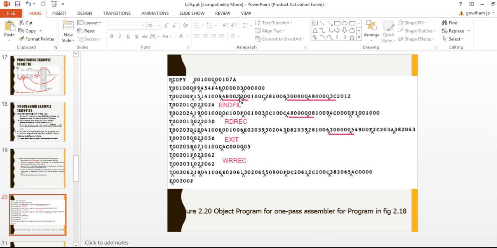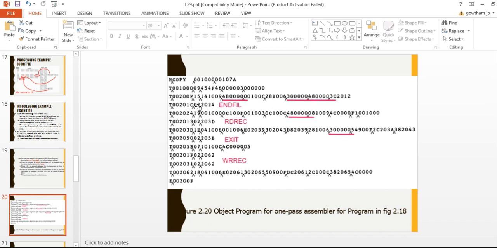So the operand field will be 0. In this case 0 will be inserted because it is unknown to the assembler, so it marks it as 0. Now at line number 45, end fill will be defined.